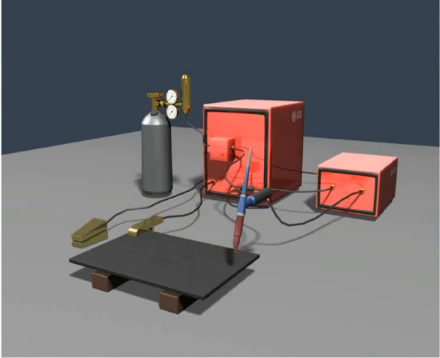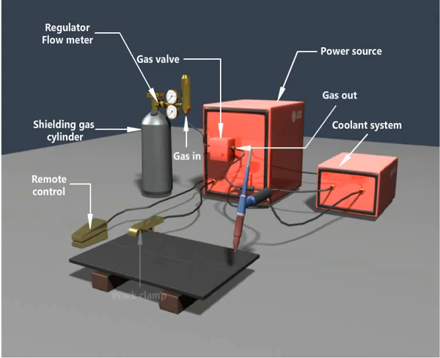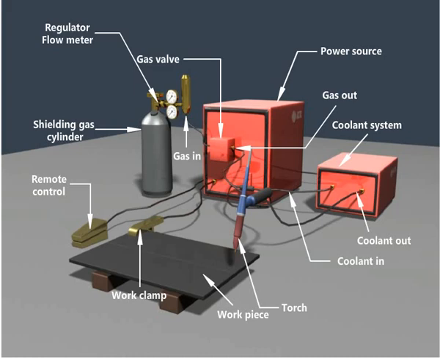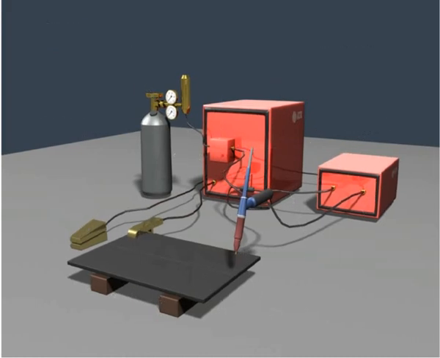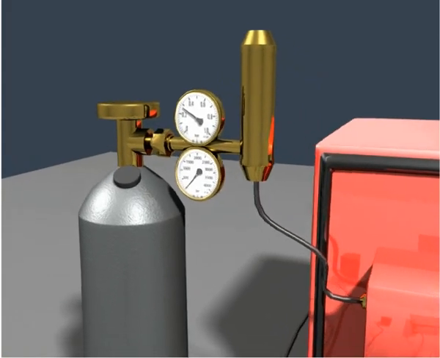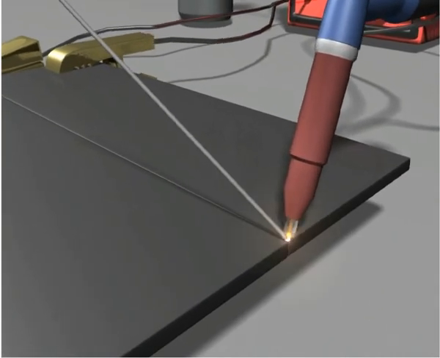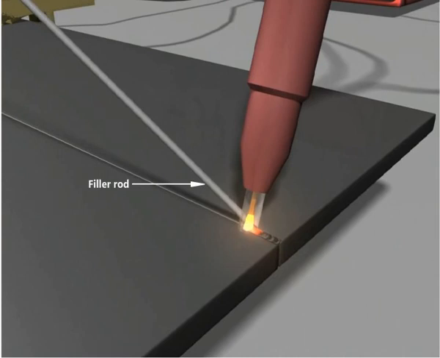The TIG welding consists of power source, coolant system, gas valve, regulator flow meter, shielding gas cylinder, remote control, gas in, gas out, work clamp, coolant in, coolant out, workpiece, torch, filler rod, shielding gas